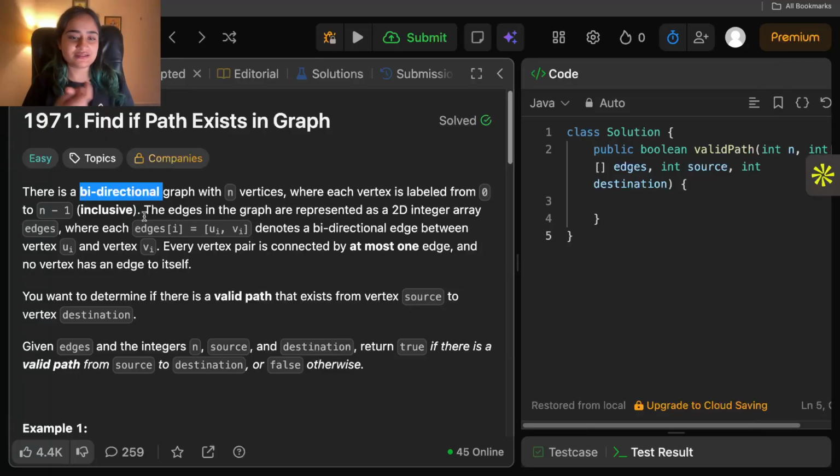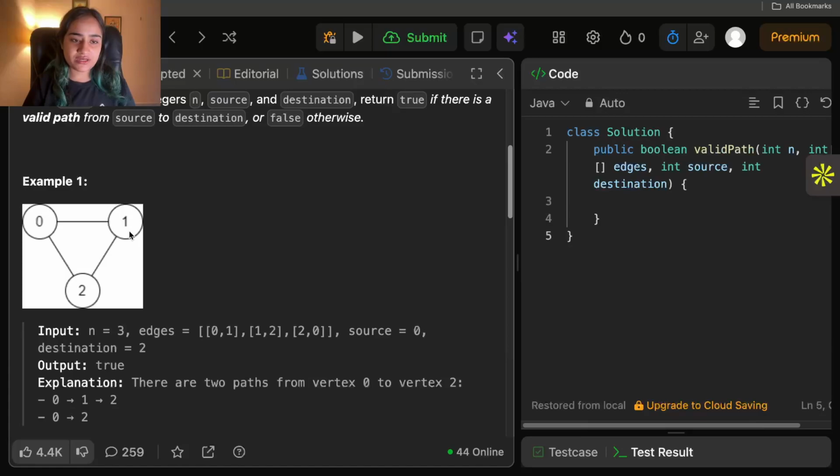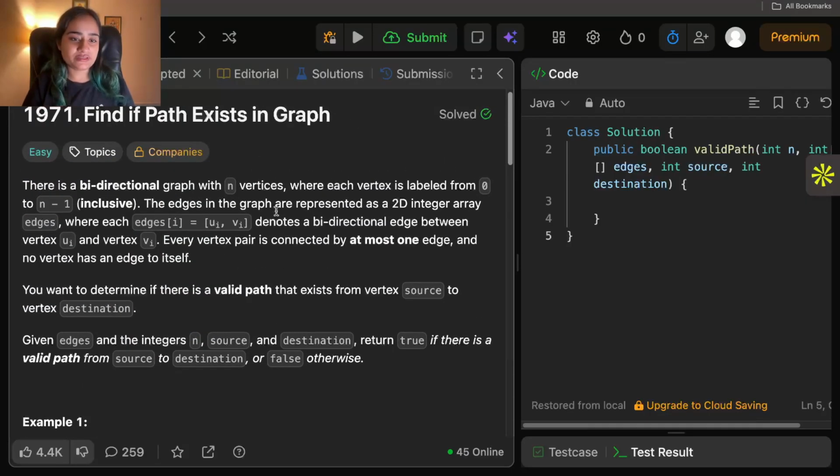Bidirectional just means it's not having a direction, right? So you remember that there is a directional graph and there is a non-directional graph, right? So this is basically a non-directional graph. That means if there is a vertex, so let's say 1 is joined with 2, that means you can go from 1 to 2 or 2 to 1, both are possible, right? You can go both ways.